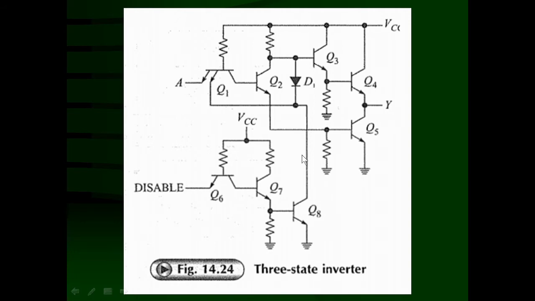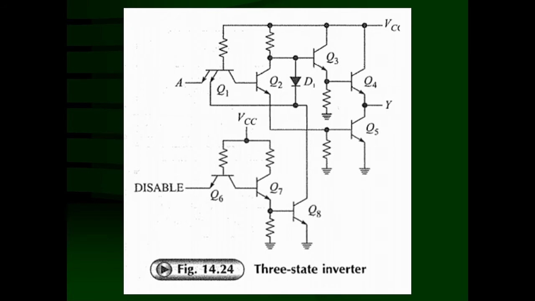Now, you will be having a first question. What is the meaning of three-state devices or tri-state devices? See, normally in a digital system, all gates have an output that may be high or low. Only two possibilities. Output can be high or output can be low. Either it is going to be 1 or it is going to be 0. That means all digital devices are normally two-state devices.